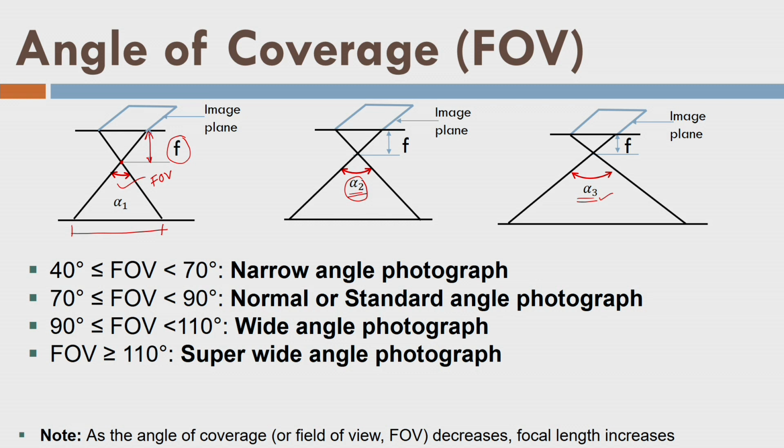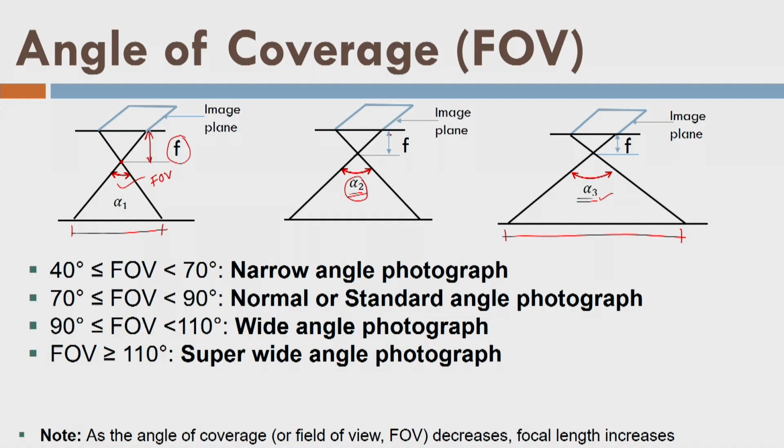So the idea is, if I have higher coverage, I will cover more length on the ground, but at the same time you can see that the focal length will reduce. And we will see in the next lecture, if focal length is less, I will have less resolution of the image. We will talk about this, but for the time being you can just collect this information. Similarly, focal length is higher here, so I will have less area to cover compared to this area, so I will have higher resolution.